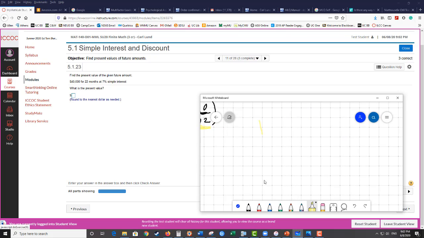So the present value formula is that for present value, in other words, for the principal, it's going to be the future value divided by the quantity 1 plus the interest rate times the time. So notice, find the present value of the given future amount. When you see future amount, that means A when you're using the formula. So my present value is going to be $40,000